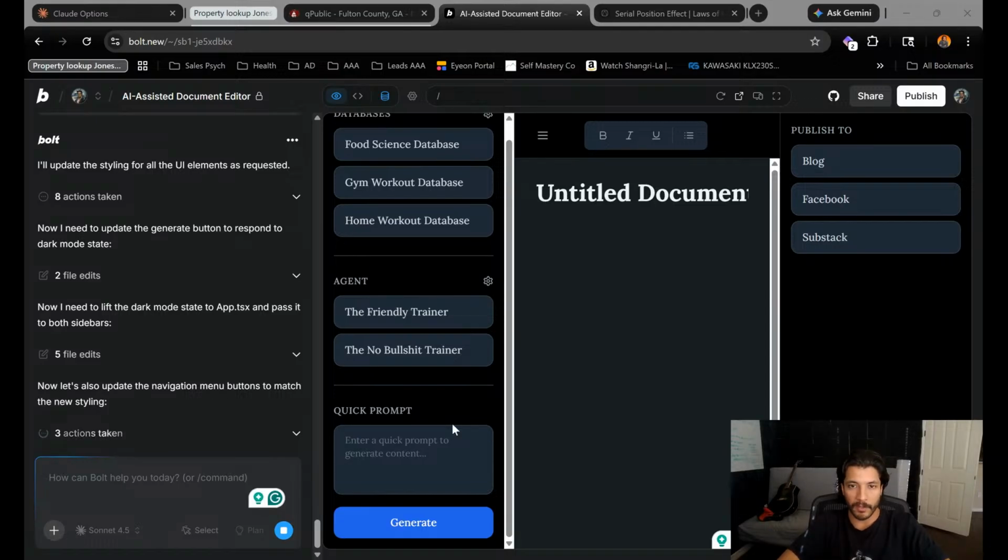Let me know if you're building something, and maybe we can comment on it and jam on it. But right now, Bolt is just going through, touching up all the buttons. I'm still trying to get rid of this vibe coding look. If you've ever played with Lovable or Bolt, you probably know what it looks like when I'm talking about it. So I'm trying to get rid of this ugly UI, and we're messing with it.